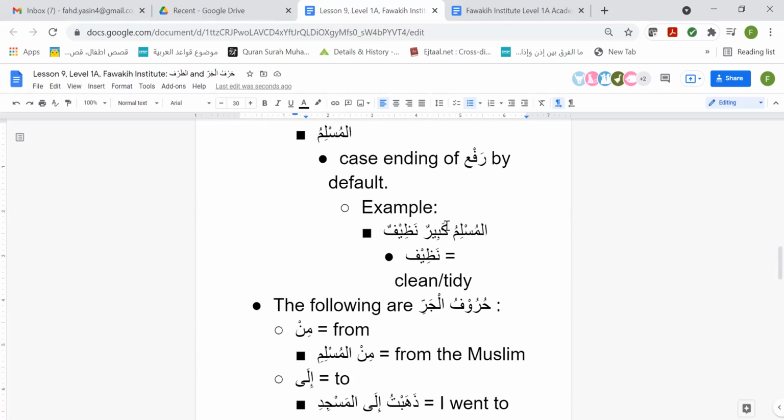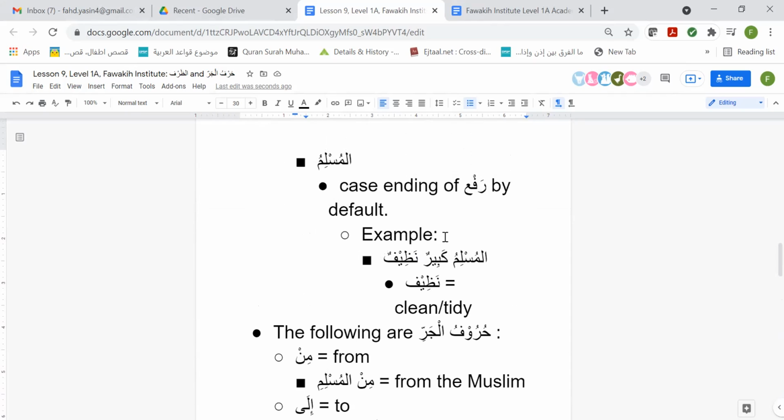Now, this was kind of a really long answer, but I would like to go back to the original question, as to what about if the first word is the harf jar always the first word. Correct me, I think it was Khatira who asked the question. From what I understand, if we give this example here, al-Muslim, of course, is in the state of rafa because by default there's nothing before it. What about the word kabir? There is a word before it, which is al-Muslim. So why is this word in the state of rafa?